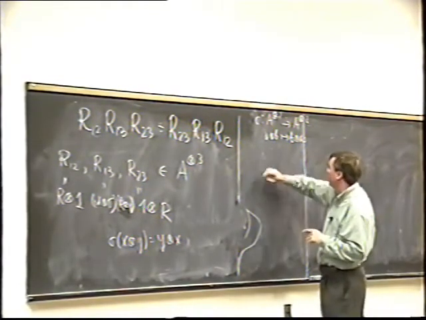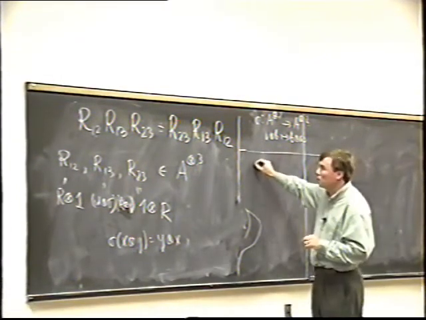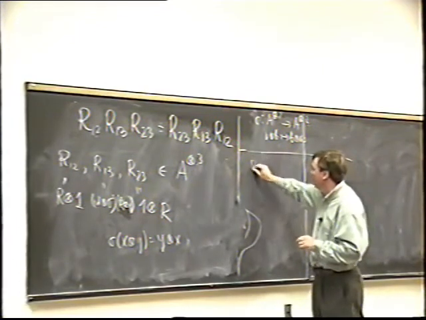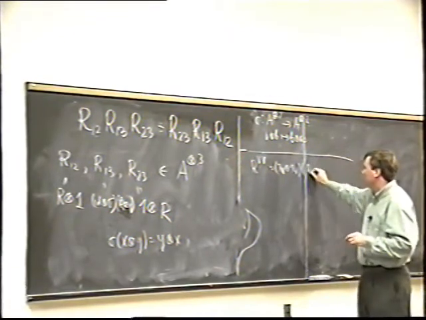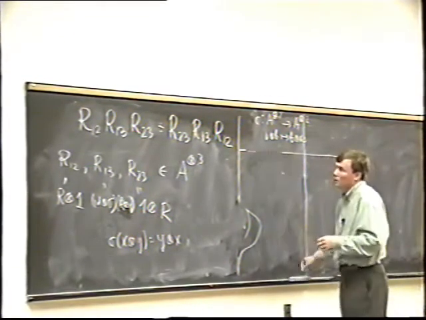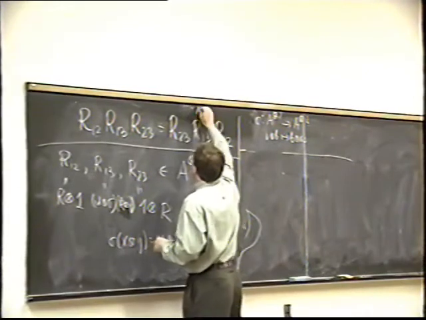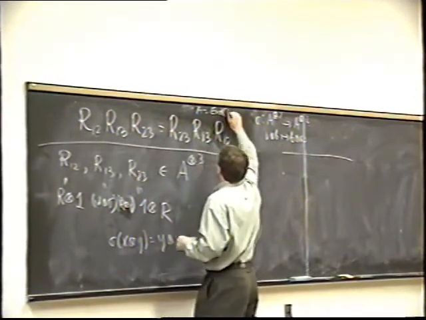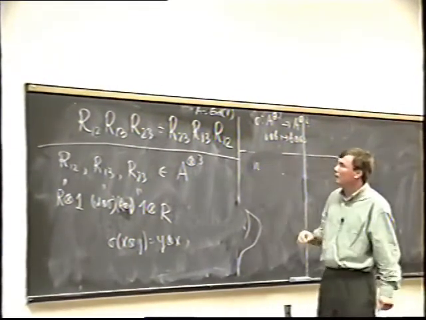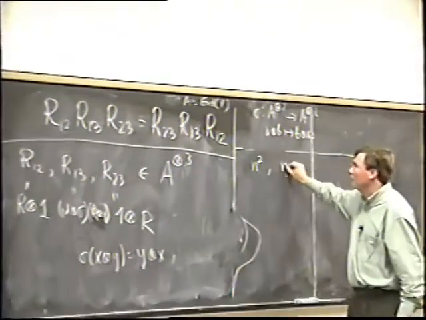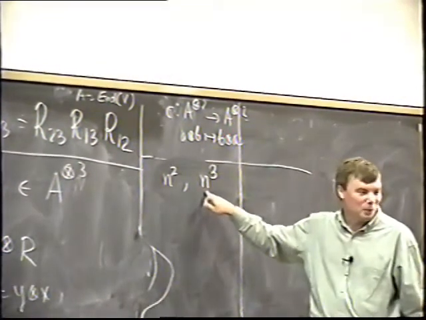I'll show you. Okay, let's first evaluate it in some tensor, in some representation V. So let's consider the case when you have R on V tensor V. Suppose that we have here A as the endomorphisms of some finite dimensional vector space V. So you have n cubed equations, and you have n squared unknowns. So if n is greater than 1, then